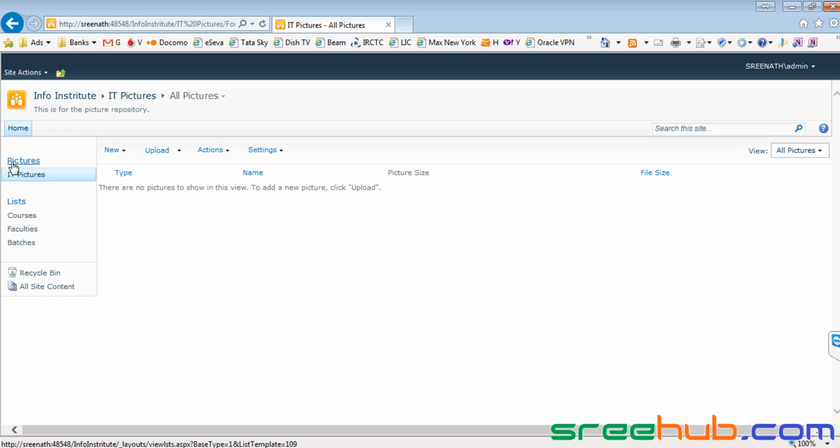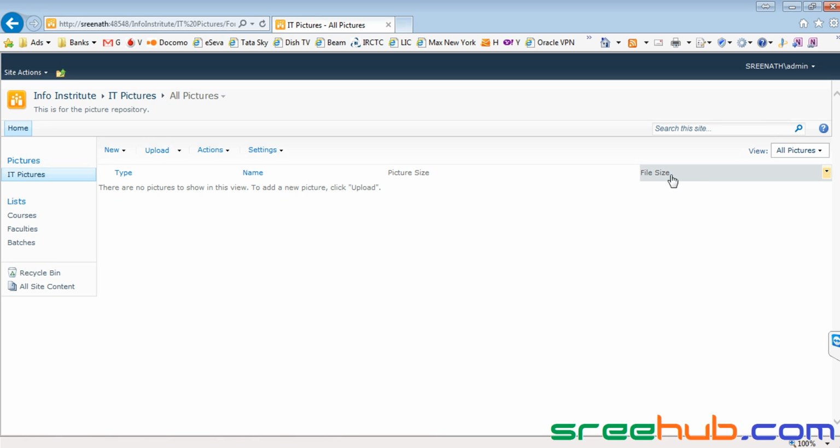pictures, right? And whenever we create a list, it will go under lists. So we created something called a picture library. It came under something called pictures, right? So now here again you can see all the columns. Again, this is nothing but a list, right? So under all these pictures, you can create something called